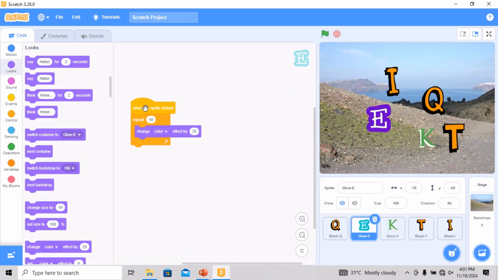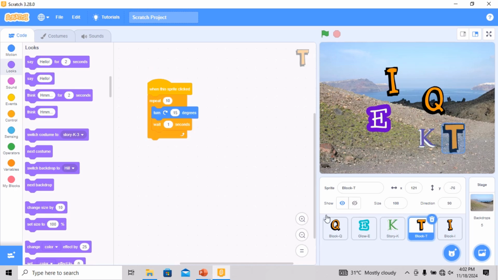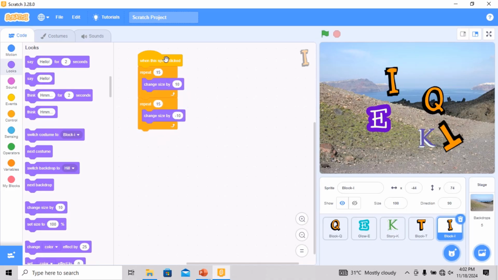You see, it changed the color. You see how it changed the color. And when I select K, click on it, you see the color is changing to different colors, and the T is turning. And when you select the I,